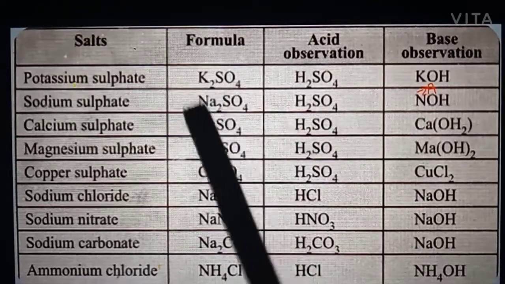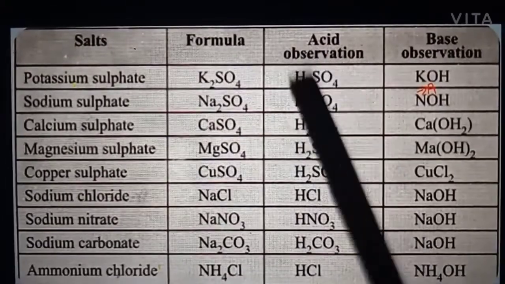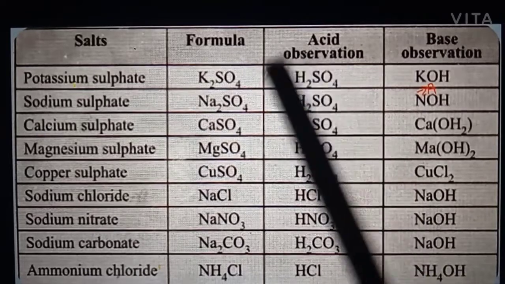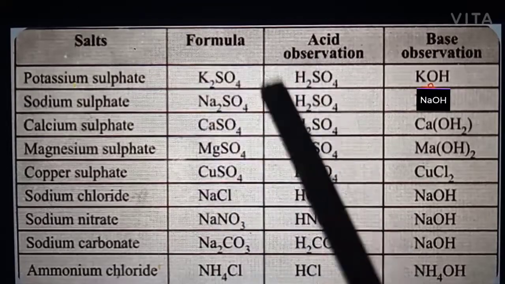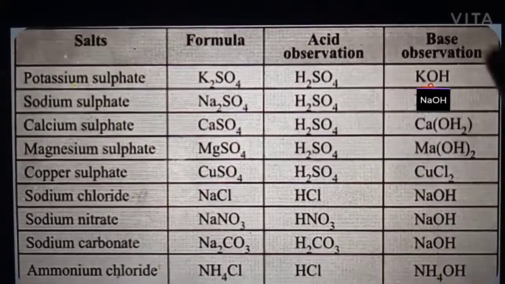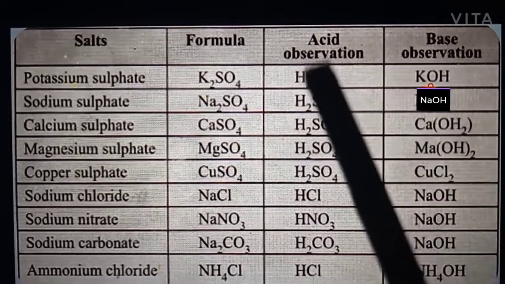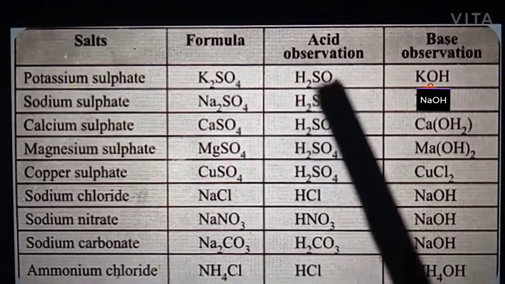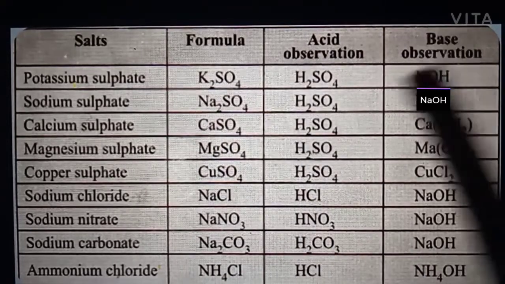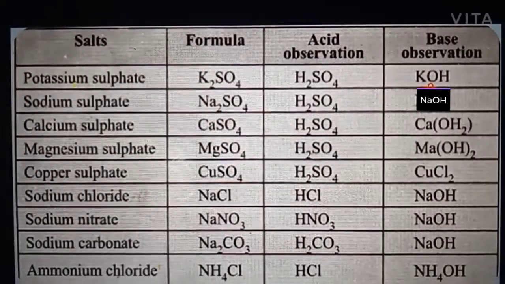We want K2SO4 as the salt. To make this, which acid do we use? H2SO4, from which we will get SO4. Then which positive ion do we want? We want potassium, K. For potassium we have to use a base such as KOH. From KOH, K plus will come and combine with SO4 minus, forming K2SO4, and the remainder is a water molecule. So from acid plus base we get the salt, potassium sulfate. Like that you have to think.